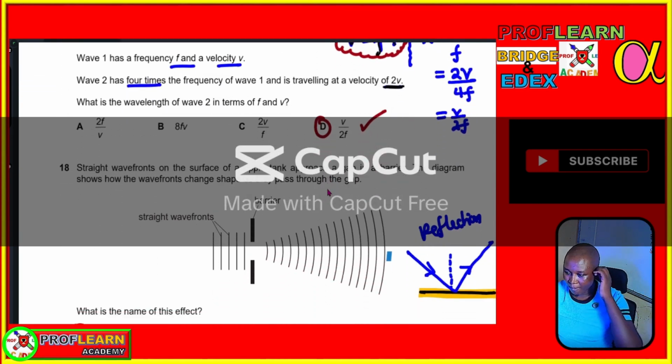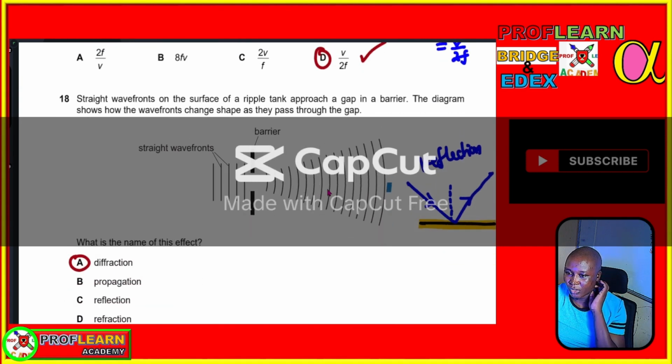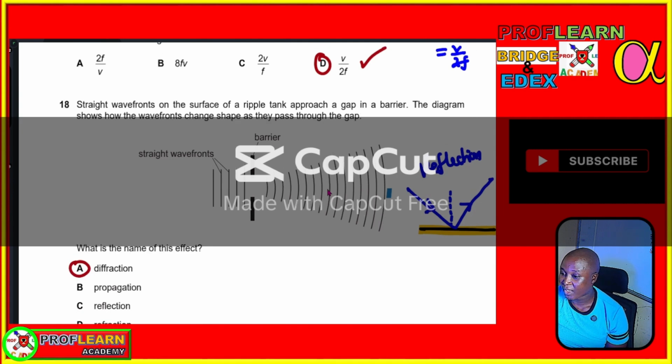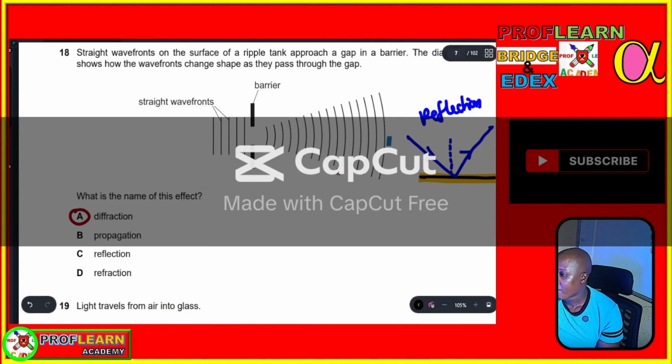Question 18 says a straight wavefront on the surface of a ripple tank approaches a gap, and this is actually called diffraction. When a wave spreads around an obstacle, or as it passes through the gap, we call this diffraction of a wave. This is reflection, and for reflection you need to remember the angle of incidence should be equal